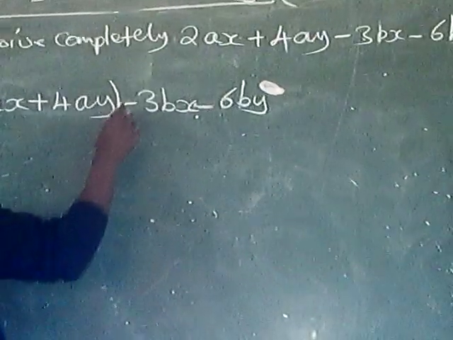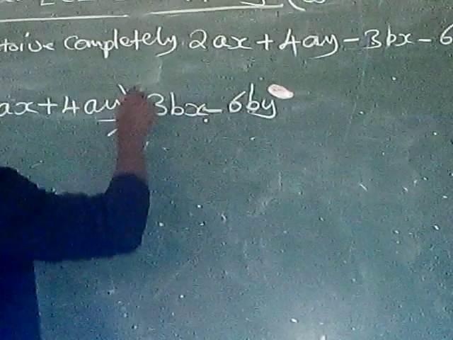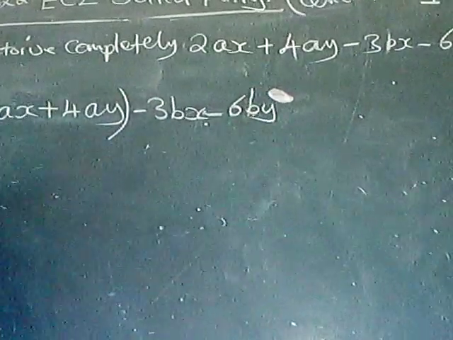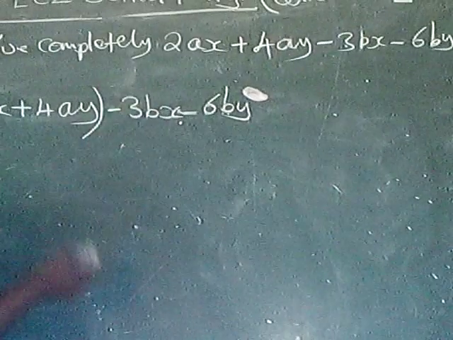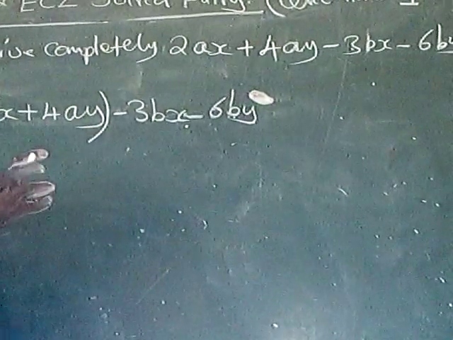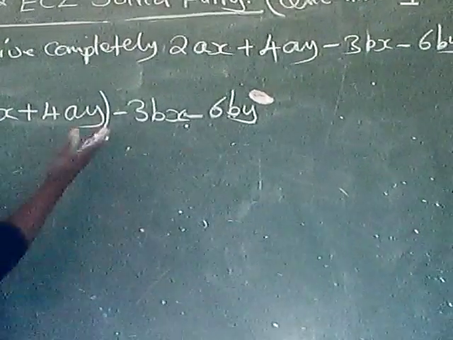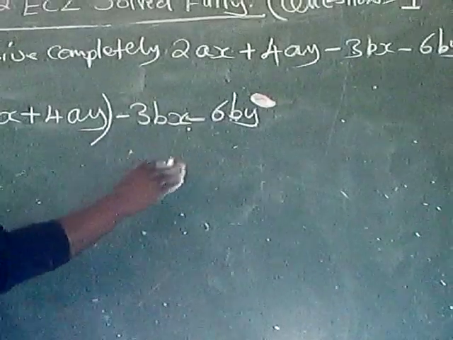We are not going to put the negative 3bx minus 6by inside the brackets. So we'll figure out where to actually put our brackets. Remember, outside that bracket there must be what is common. And from the look of things, what is common, as we said earlier, is negative